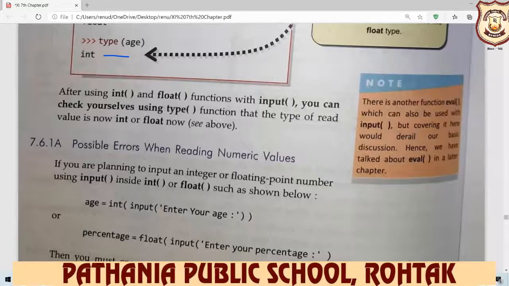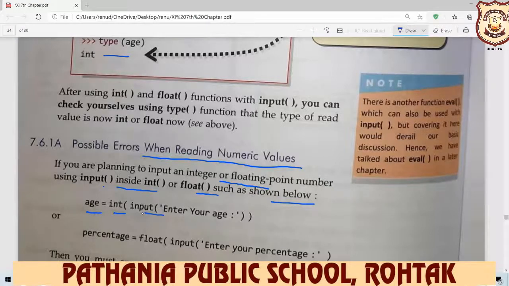Now the next is possible errors when reading numeric values. Which type of error comes when you write the numeric value? If you are planning to input an integer or floating point number using input inside int or float, such as shown below, age is equal to int input enter your age, or percentage float.